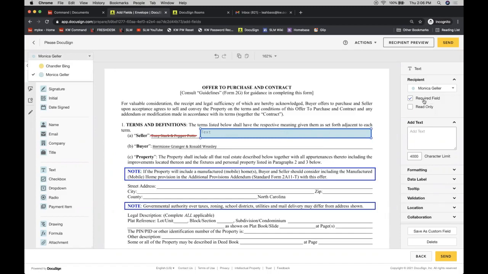And that might be what you want in some cases, right? If you want to add a text box for personal property that's conveying, or whatever it may be, you may want them to be required to fill that in. However, if this is just a field that I need to fill in as the agent, I'm going to uncheck that it's required. And when I do that, it'll immediately turn the field clear, meaning it's not required for my